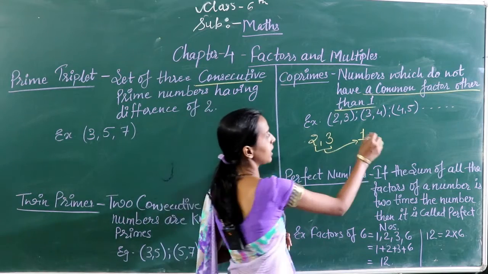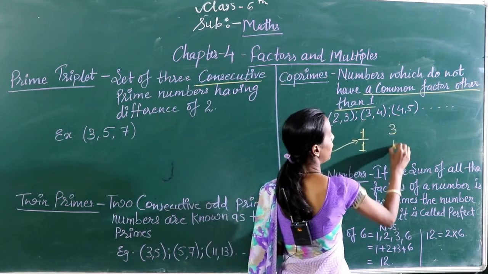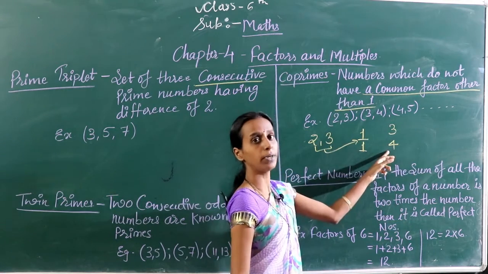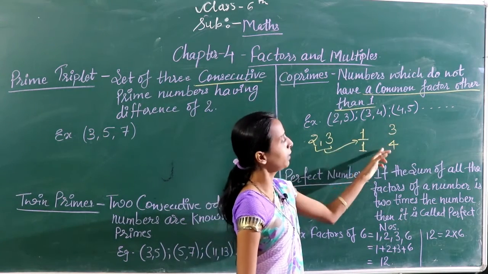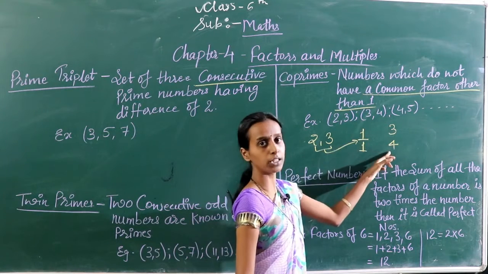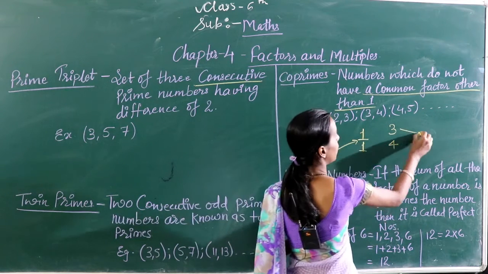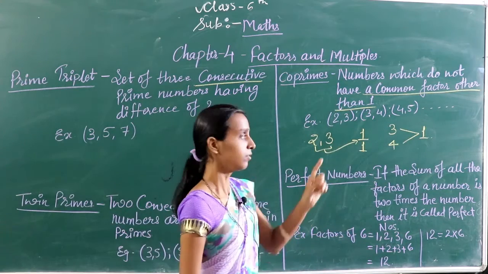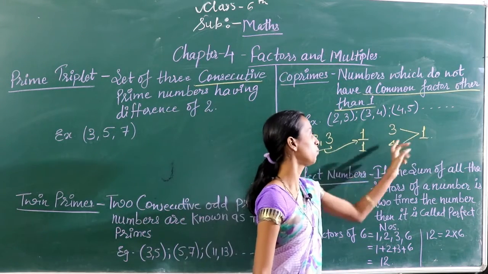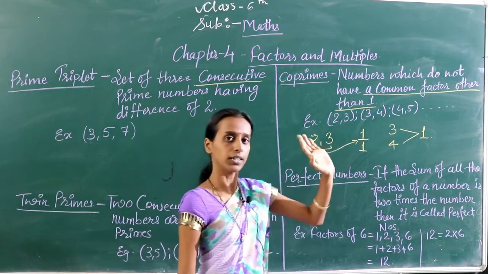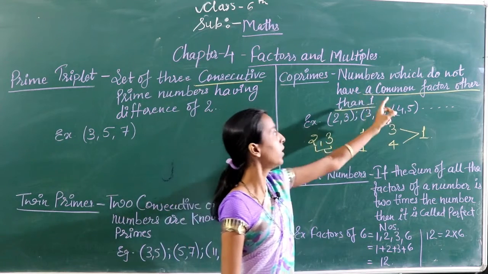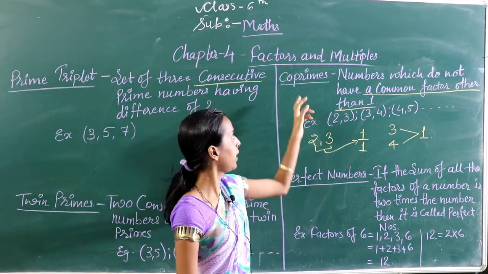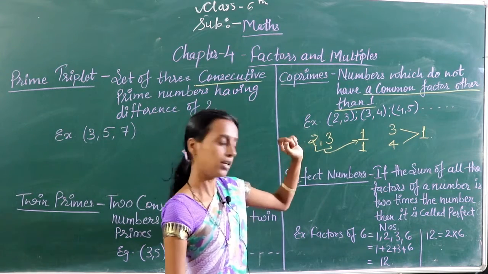इफ यू टेक अनदर एग्जांपल 3 and 4, तो 3 और 4 जो है दोनों, ऐसा कोई कॉमन नंबर है या फिर कॉमन टेबल है जिसमें 3 भी आता हो और 4 भी आता हो? नो, देयर इज ओनली वन कॉमन, दैट इज वन नंबर इज कॉमन. ओके, 1 के टेबल में भी 3 आता है, 4 भी जो है वो 1 के टेबल में आता है. सो देयर इज ओनली वन कॉमन फैक्टर विच इज 1, नंबर 1. सो दैट नंबर्स आर कॉल्ड को-प्राइम नंबर्स.